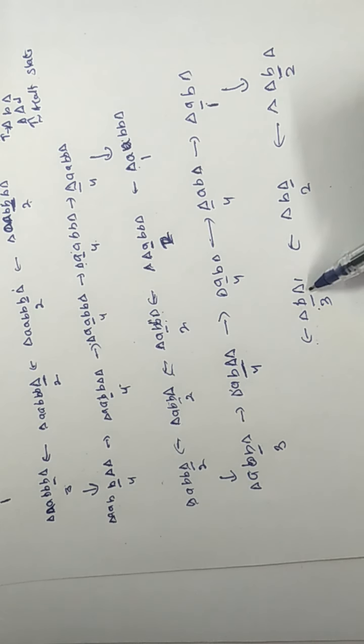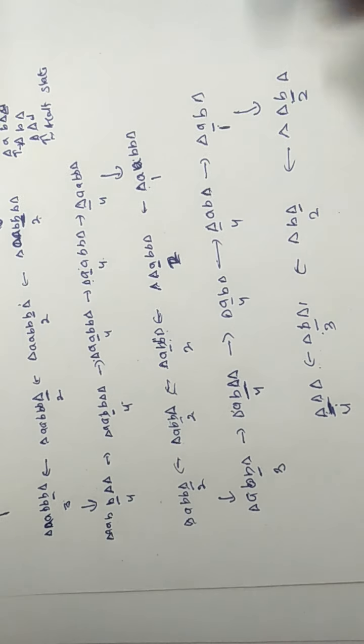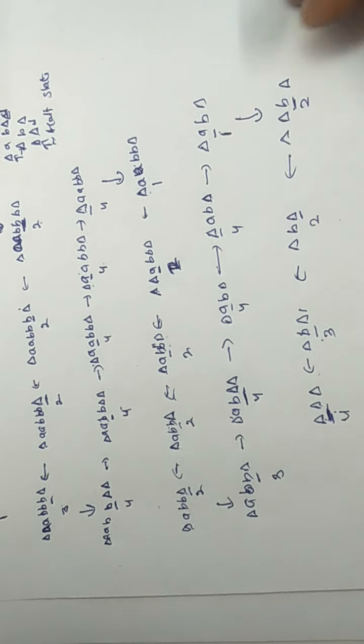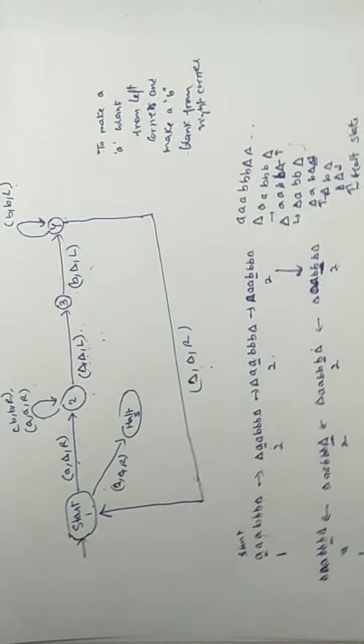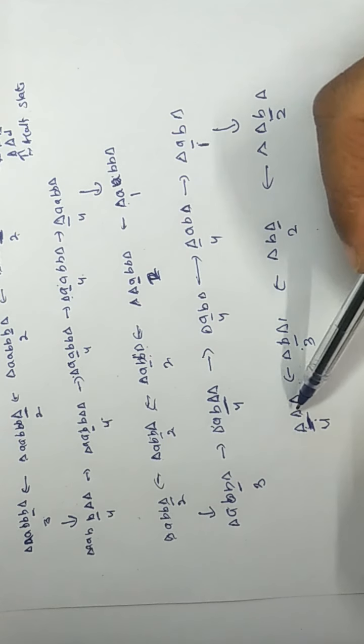So here we reach state 3. Now at state 3 we get a B. What do we do? We convert this B into blank and move to left. Now the cursor is at this place, and we are at state 4. Now by converting this B into blank we reach state 4. Now at state 4 we are not getting A and B because we are at the last position. We are getting blank at state 4.